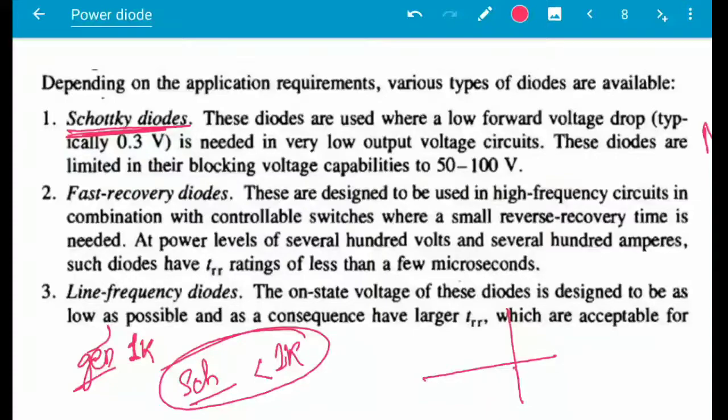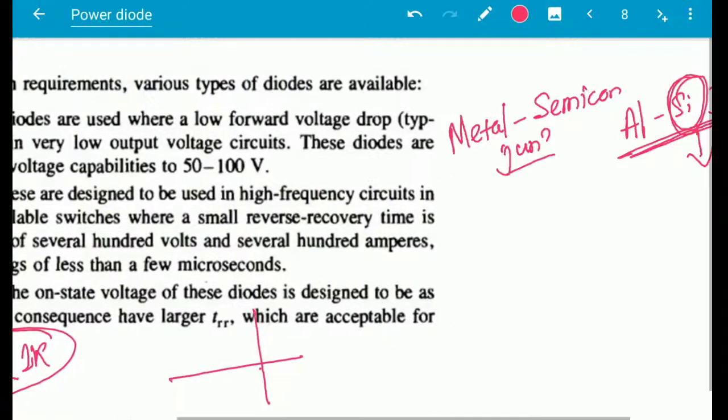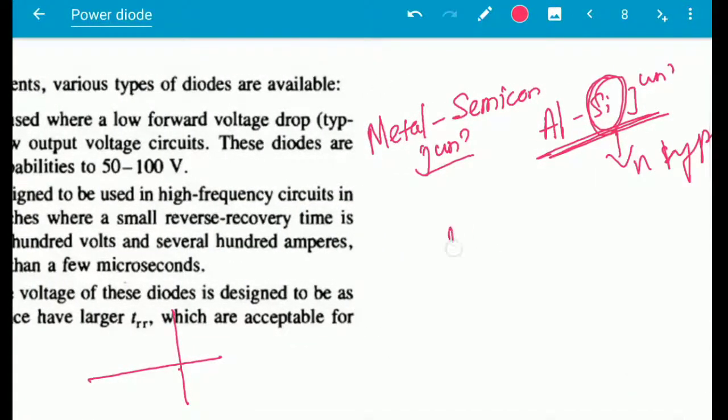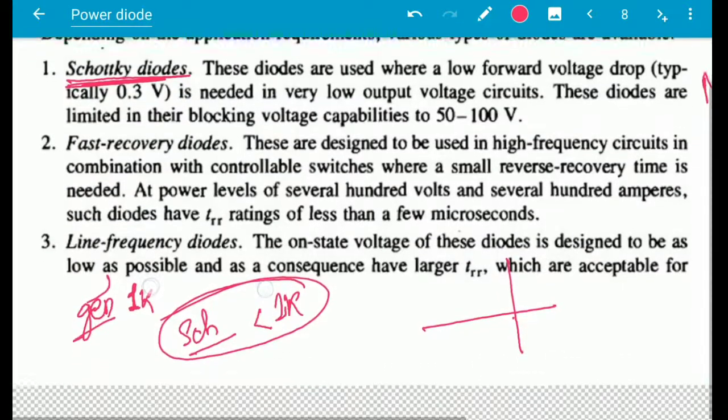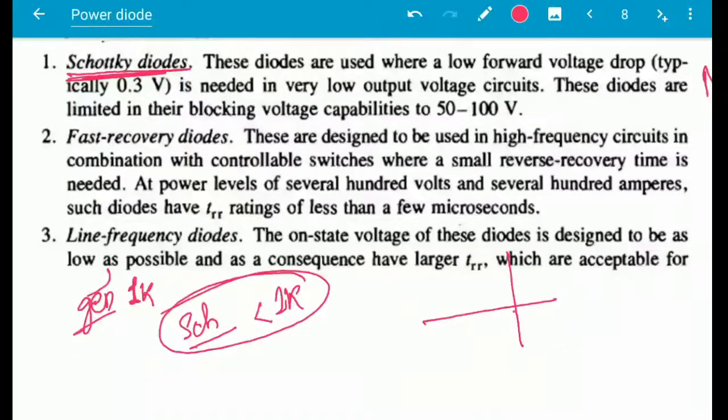These have no holes because n-type silicon semiconductor is used, and the majority carrier is the electron. So the next type of diode is the fast recovery diode. Schottky diode is also a fast recovery diode,